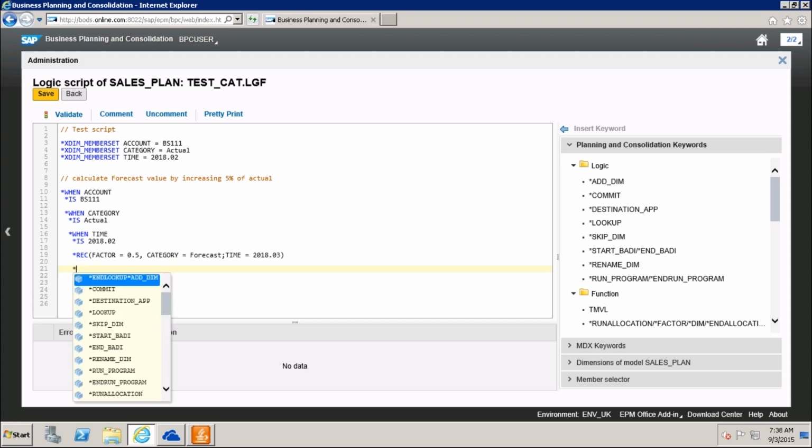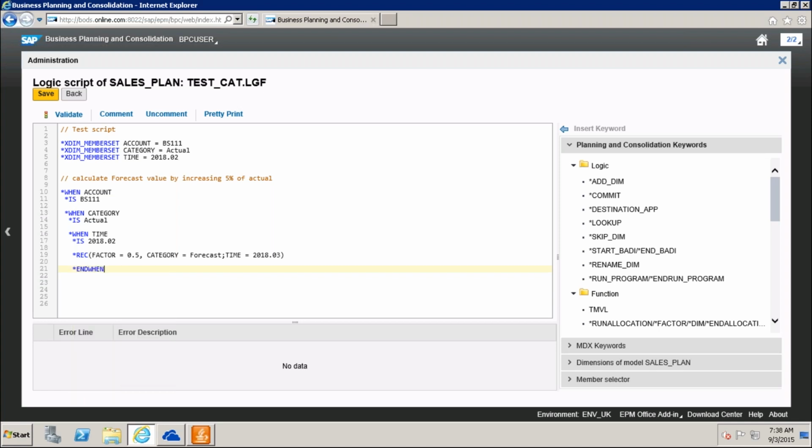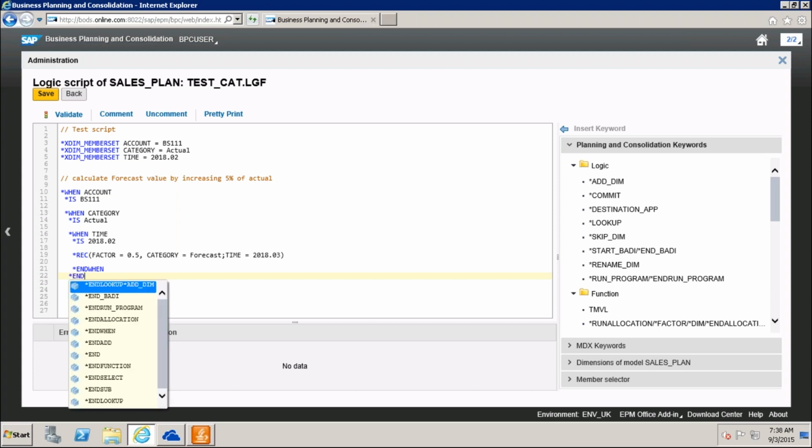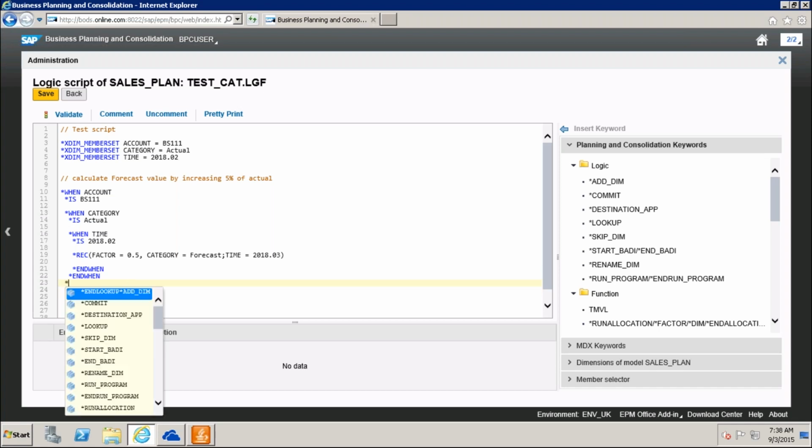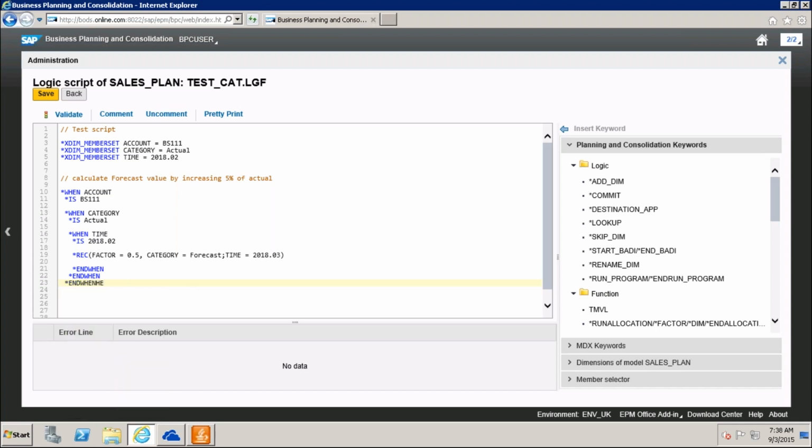So star end when, and the second one is star end when, third one is star end when. Then I'm going to close this with star commit.